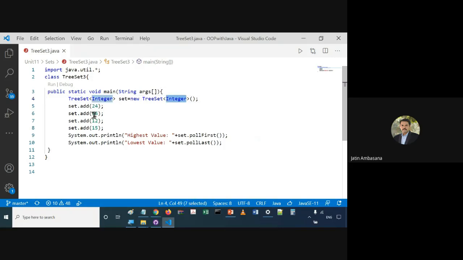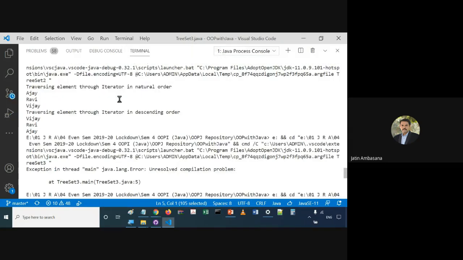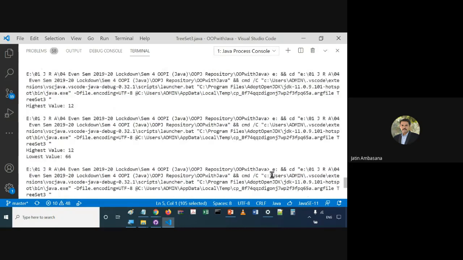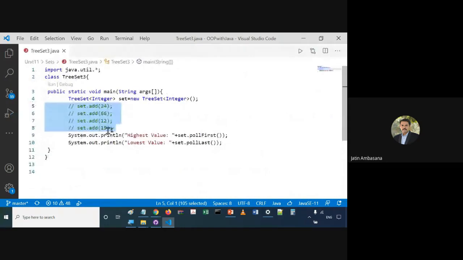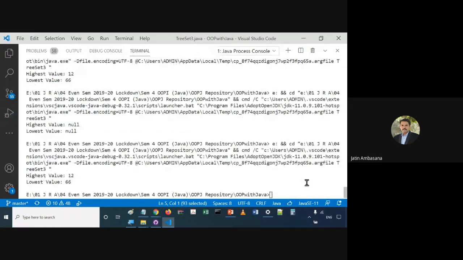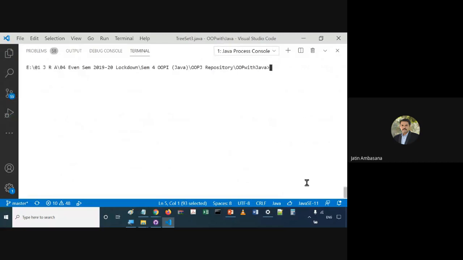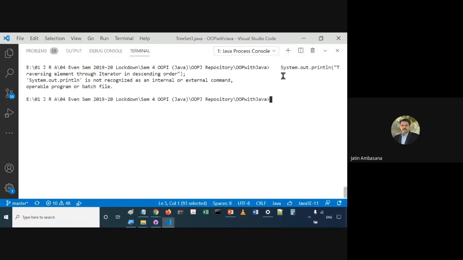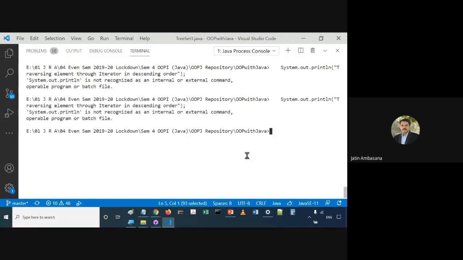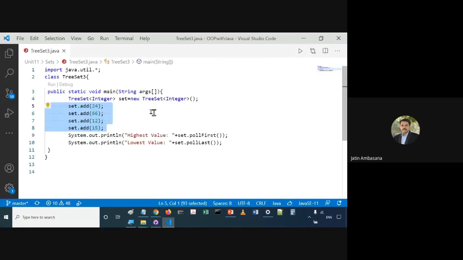They are creating a set of type integer, so it should add this integer. Oh, it is running. Actually, we were not seeing it properly. It is running. Okay. We clear it out. Now let's run this. See, what we are adding is, we are adding 4 elements, 24, 66, 12 and 15.